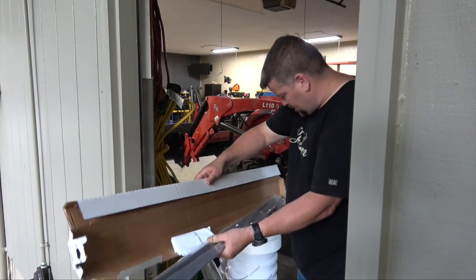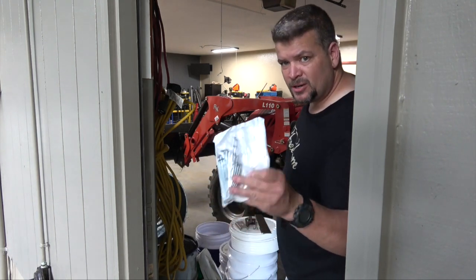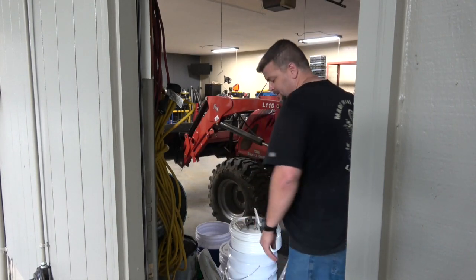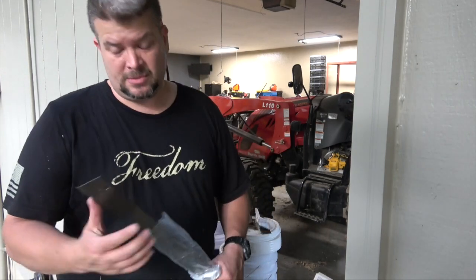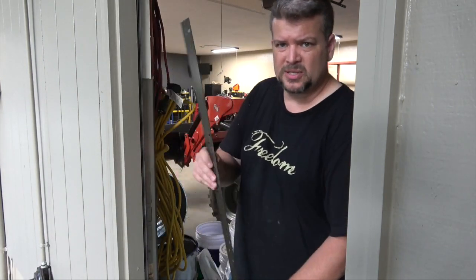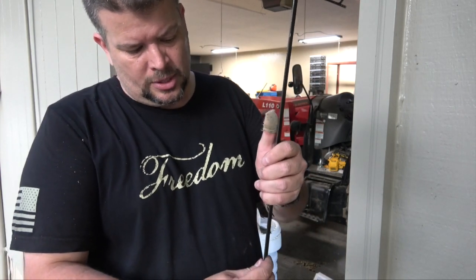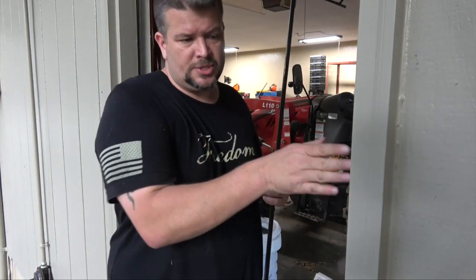Okay, got our screws. Got a bag of screws. They are a T20 on the head, and they do send you a bit, but the bit that I got broke, so you might want to have a spare just in case. So this is the main piece of door armor, what it looks like. As you can see, it's pretty thin, but